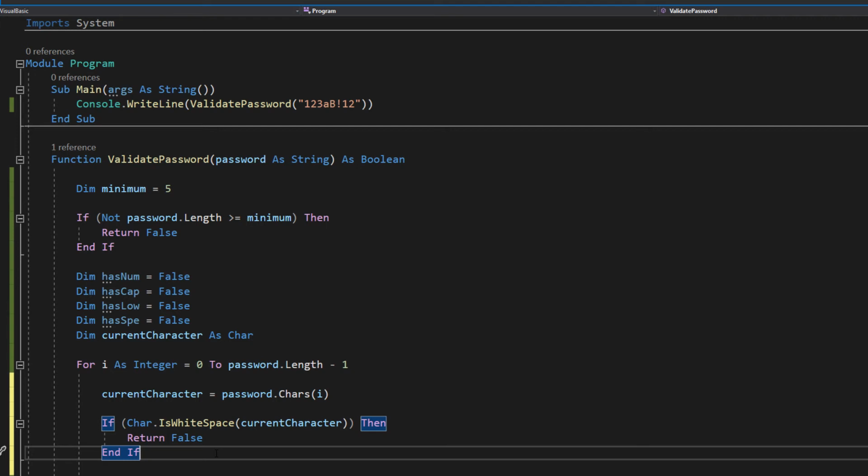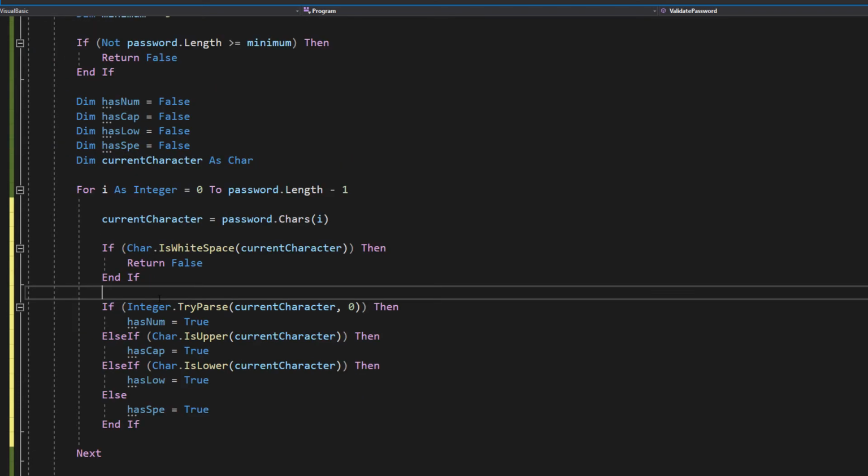If there is any one white space or one white character, this whole password is invalid. And therefore, we don't need to bother checking anything else, so we can just return false. After that, we've got a few if statements. So we've got if